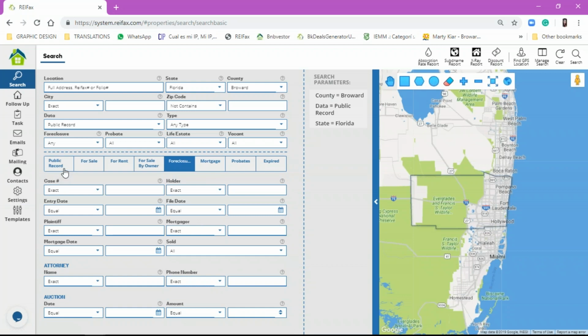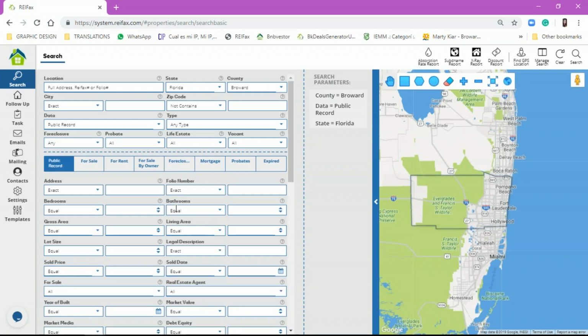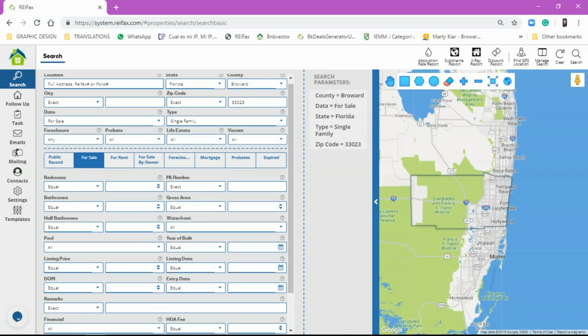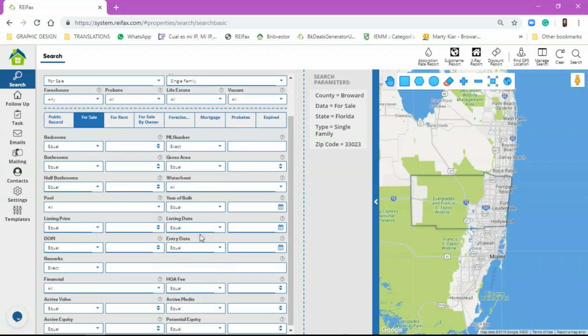Okay, you don't have to stick to this tab only. So let's say, for example, I'm going to make a search in Broward. I'm going to put exact 33023, single family, for sale. Okay, so it's going to take me into my for sale tab, and I can put in either, let's say